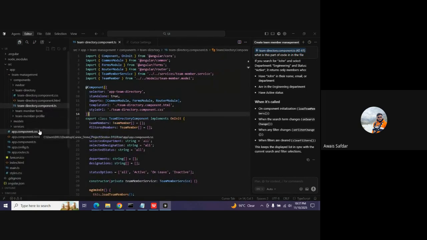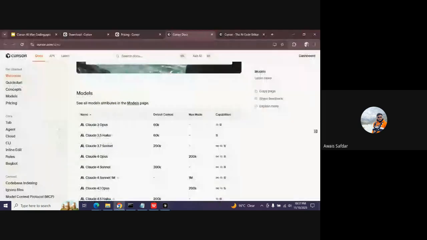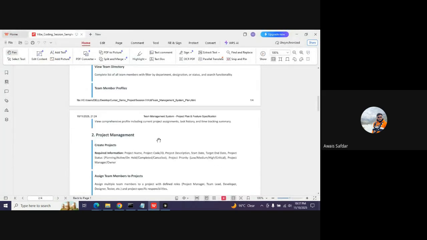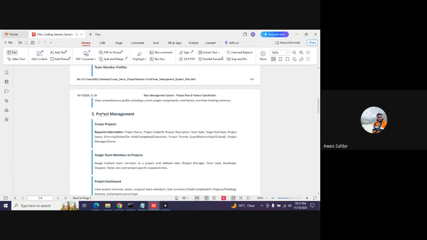Okay, so let's do one more thing. Ask Cursor to generate one more feature from our document file. If I go here and if I